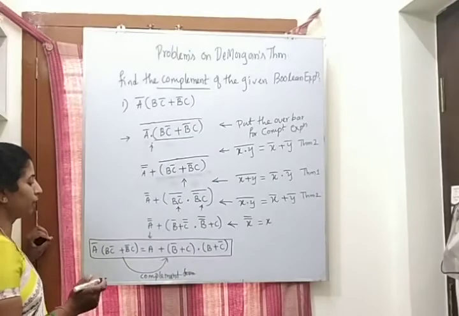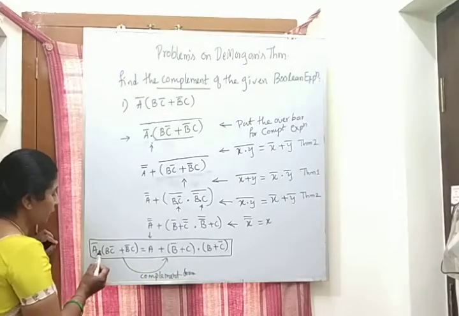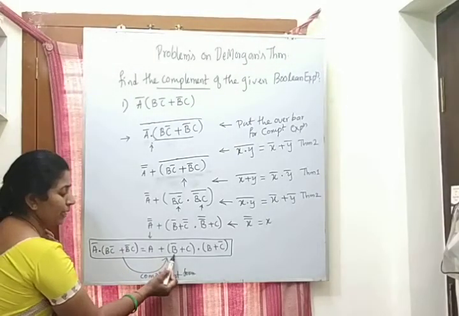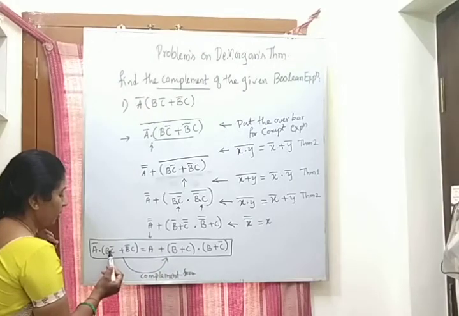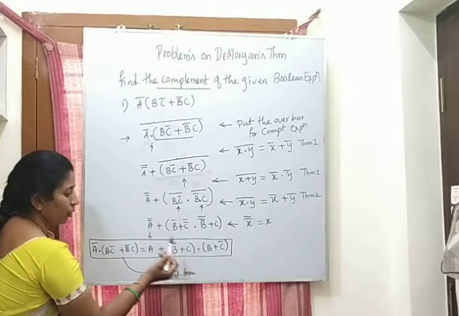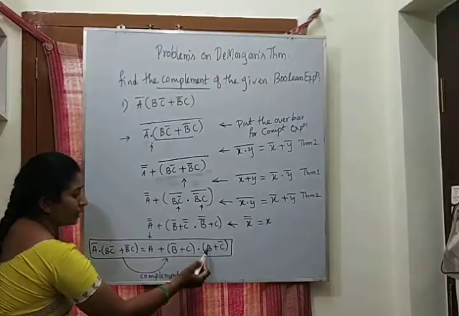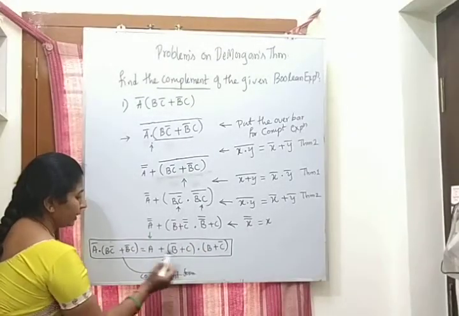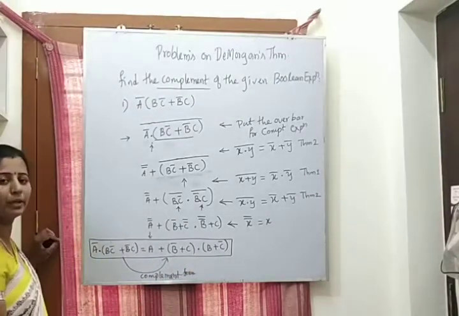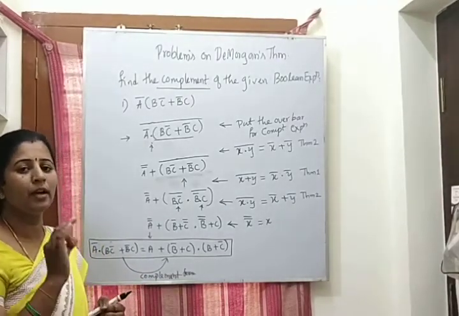Please just notice over here, easily you can remember. Complement gets removed. This dot gets changed to plus. B was not complemented, now we got B as a complement. Here dot was there, we got a plus. Here complementation is there, that gets removed. Here plus gets changed to dot. Here B has a complement, that gets cancelled. Here dot gets changed to plus. We don't have a C complement, but we got the C complement. This is how you find the complement of the given Boolean expression using De Morgan's theorem.